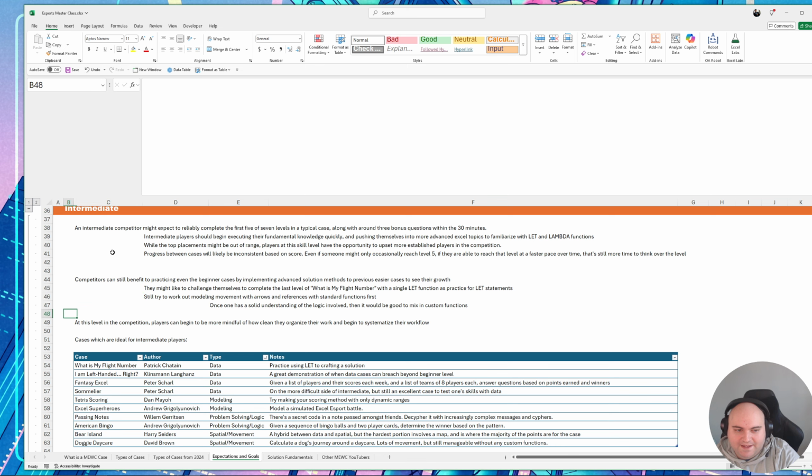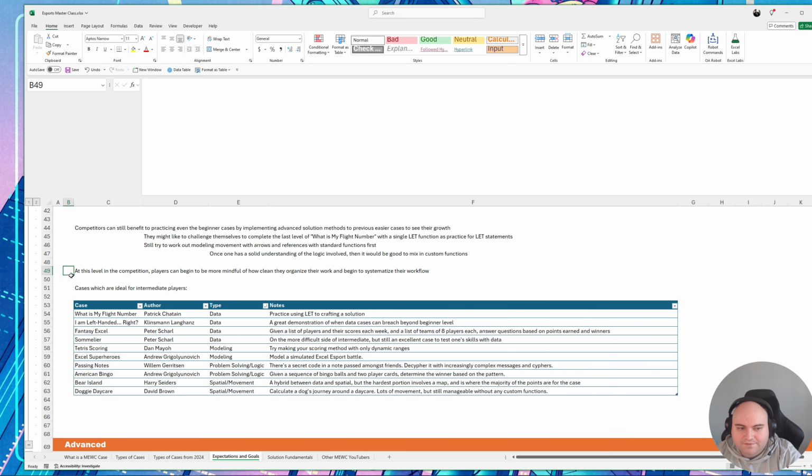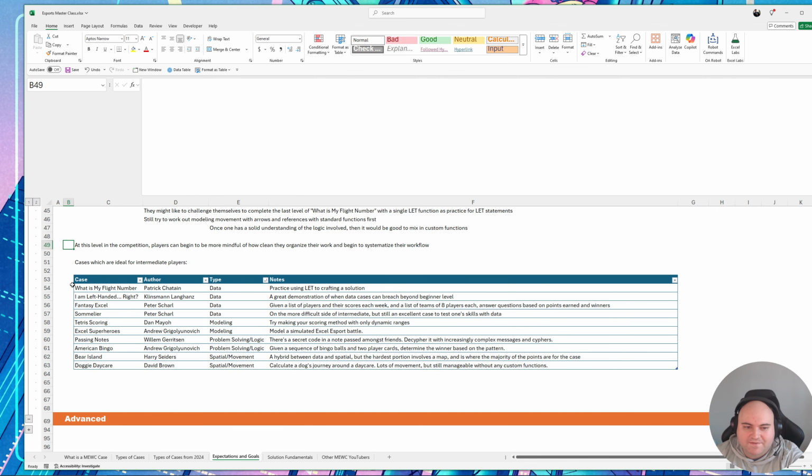And lastly, at this level of competition, you can begin to be more mindful about how clean and organized your work is, and you really want to begin the idea of how you want to systematize your workflow, because that's really how the best players are able to compete, as they create a system of how to go about solving these cases. Here are some good cases that I think are representative of something that would be good for intermediate